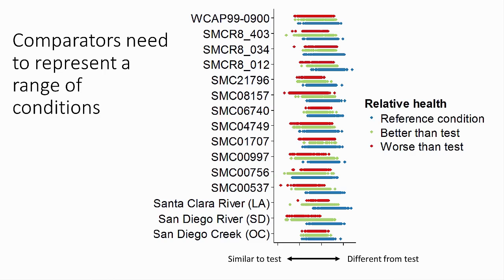If you remember, I said you want to have a range of biological conditions in your comparator data set. So what I did is I took all those points and color-coded them in one of 3 categories. The blue dots represent sites that were meeting our management objective. I used the likely intact threshold that Calvin presented to us earlier today. The green sites represent streams that might not meet those objectives, but still had higher scores than we have at our test site. And then the red dots represent those that were actually worse than our test site. If you look closely, I'll show you a few different patterns and how you can interpret what they might mean.